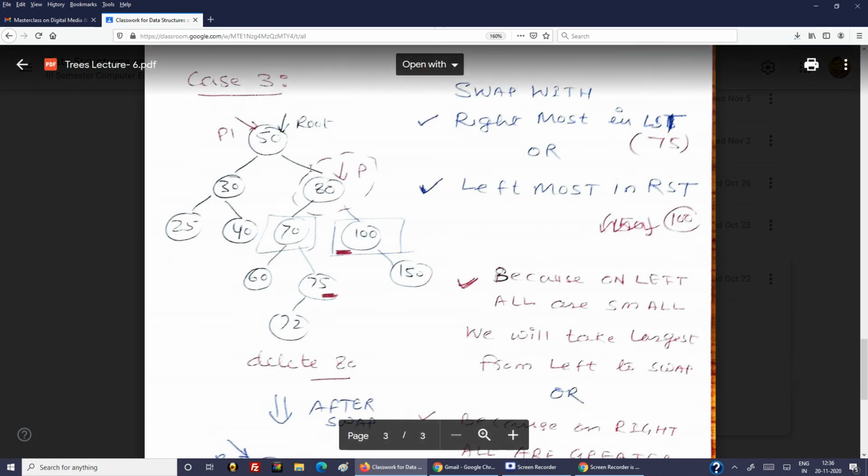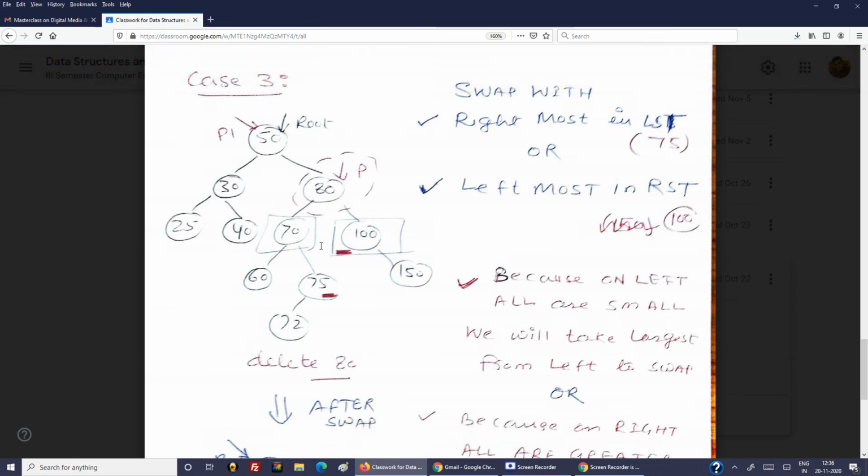Here, in the case of 80, we want to delete. This is the left subtree, and the root of the left subtree is 70. It means the left subtree starts here. So the rightmost of the left subtree is 75. I have underlined it in dark red. Rightmost in the left subtree is 75.